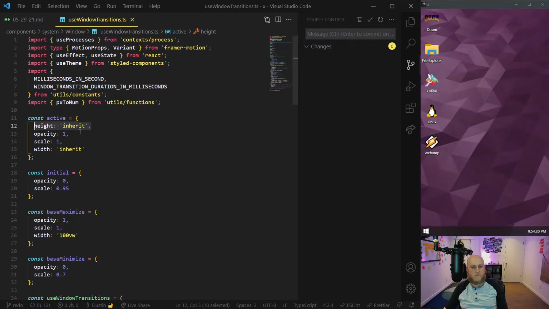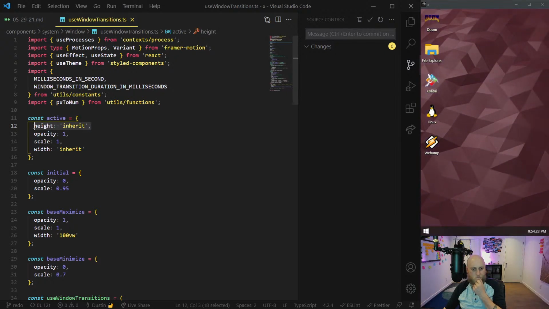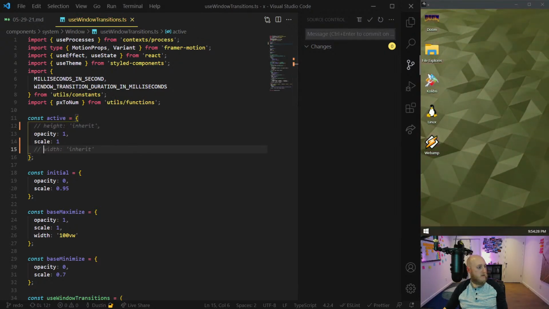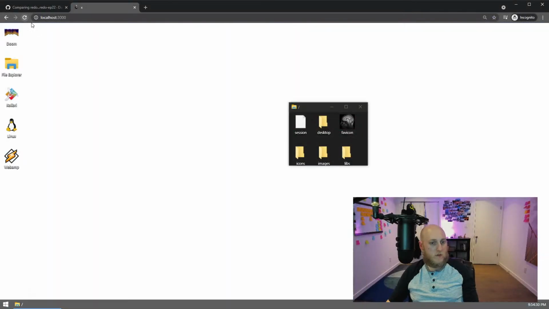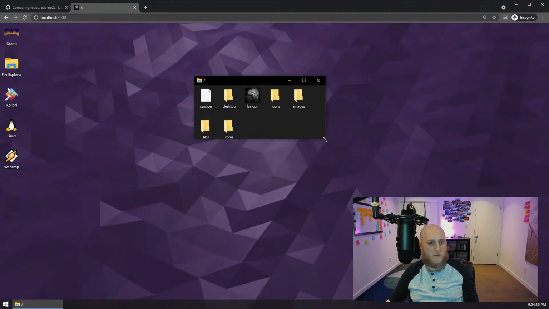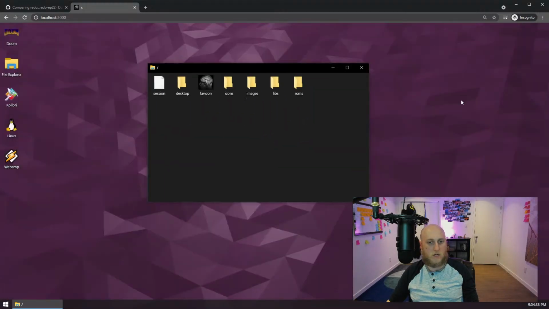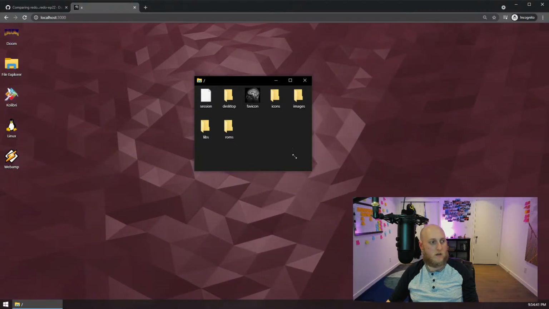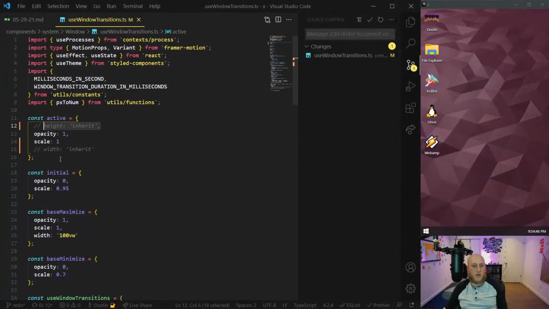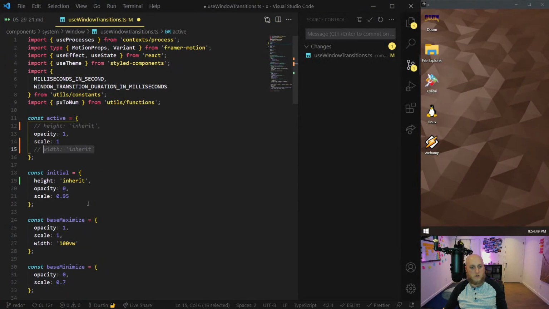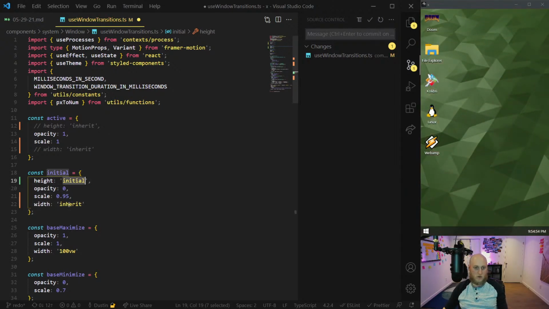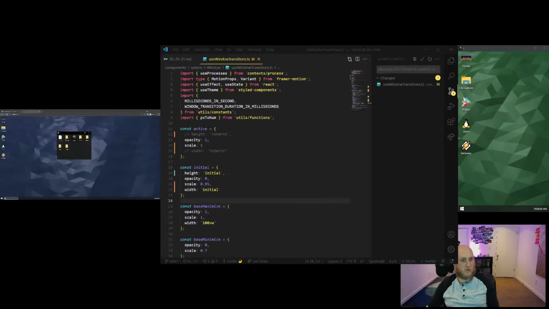Why do I even need this? This is one of those things where if I remove it, something's going to explode, but I don't know what. Let's take a peek. So I'm going to refresh here, open this up. I think it's like after I maximize and then unmaximize, it's all broken. Yeah. Okay. So what if I just have it in initial though, instead of in active? Because initially I want to inherit, could I even put initial here? In initial, I want it to just be initial. Pretty much the same concept.